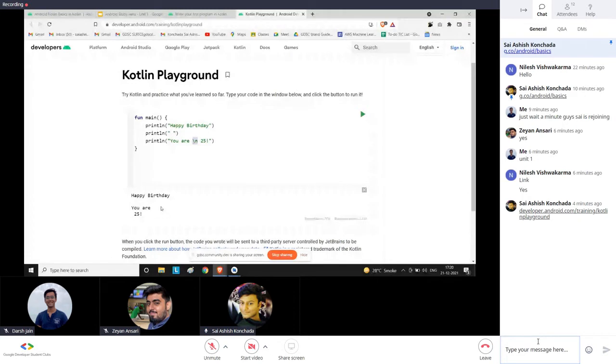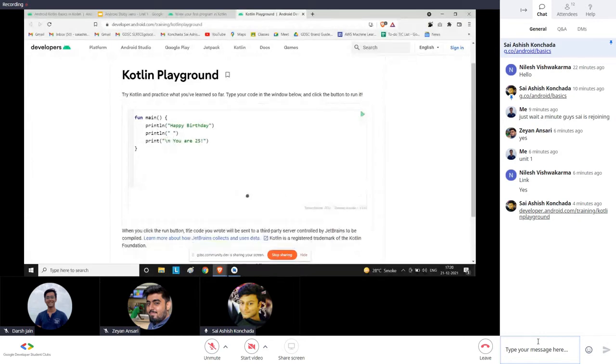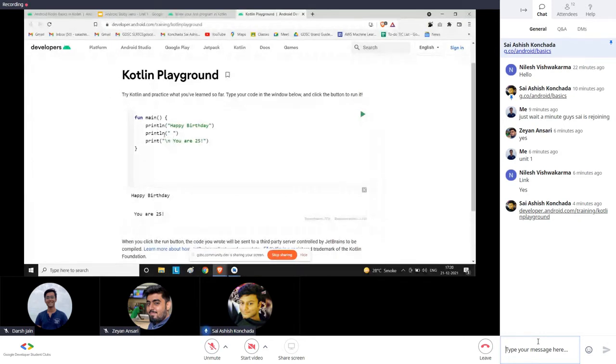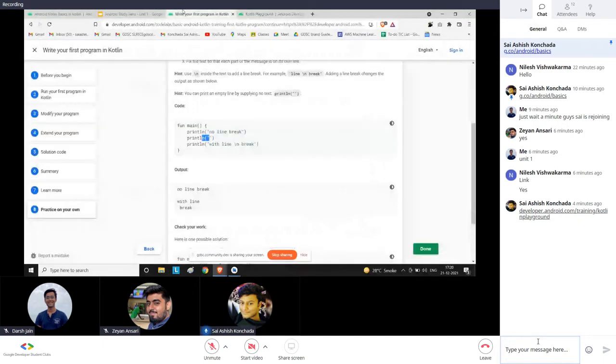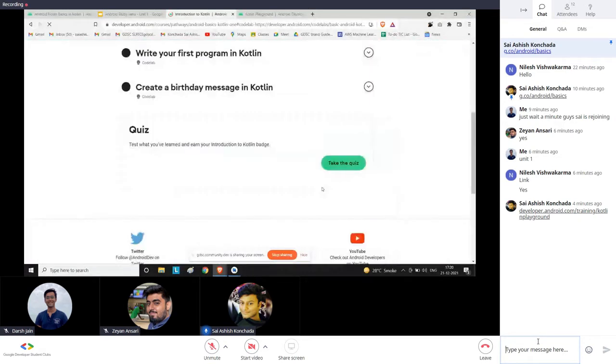This is a line break, so it goes to a new line and prints 25. If we remove the ln and add this at the start, this does the same thing as println. So this was what the first activity was about, and you can practice this.